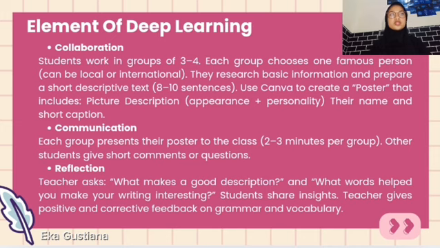Each group chooses one famous person, can be a local or international famous person, and then they research basic information and prepare a short descriptive text, written in 8 to 10 sentences, and then use Canva to create a poster that